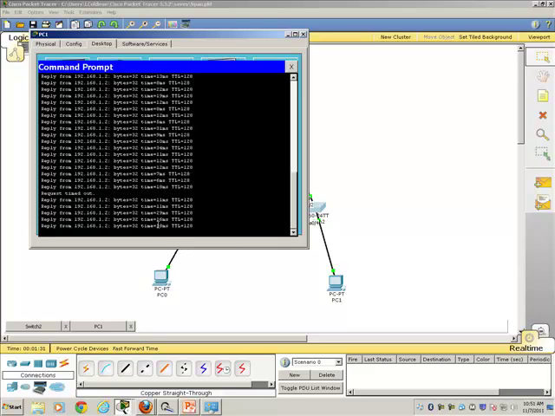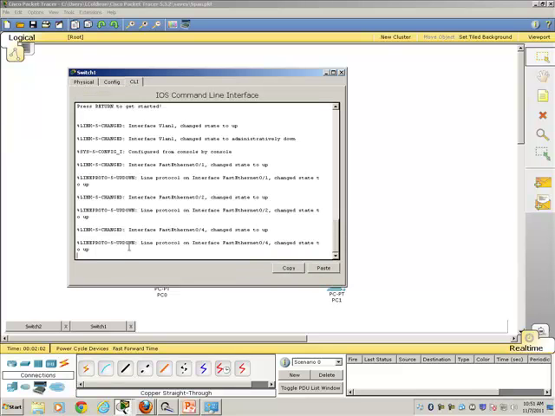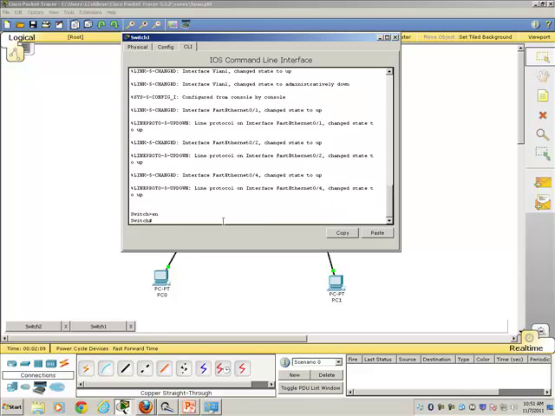So Rapid Spanning Tree does the same thing as Spanning Tree does and makes it quicker. It also stores the alternate ports, the backup ports. So take a quick look at port security. Go into the command line, and let's do it on this one that the computer's on. And let's go in here and config T,